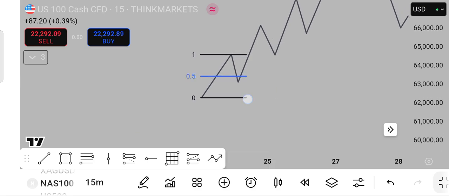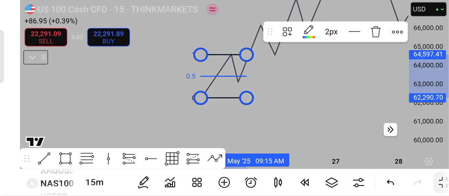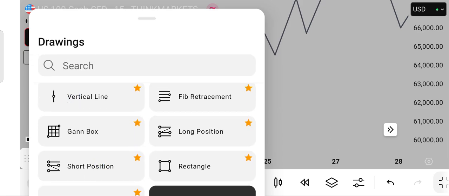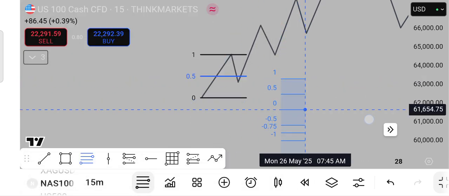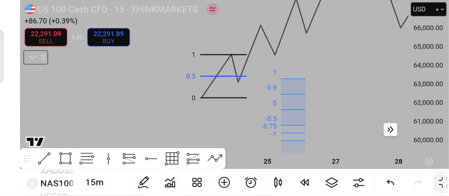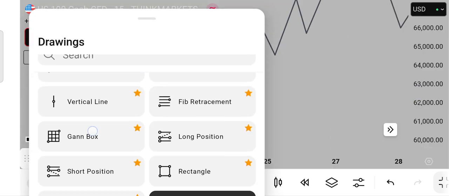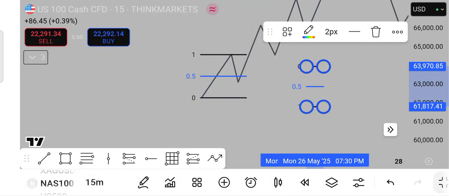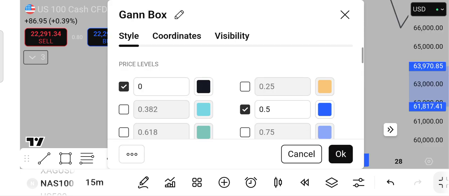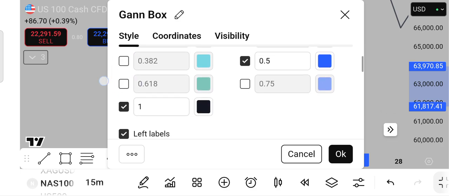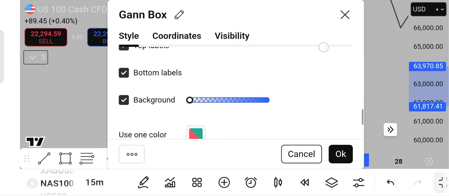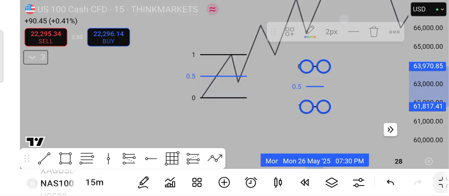If you want these settings, I think this is of the Fibonacci setting. Yes, this is, no, sorry, my mistake. This is not Fibonacci. This is just Gann box. Okay, the settings are here. You can see 0, 0.5 in blue and 1. All boxes are ticked, and the left label, right label and background are not ticked, and these are the settings. Okay, so